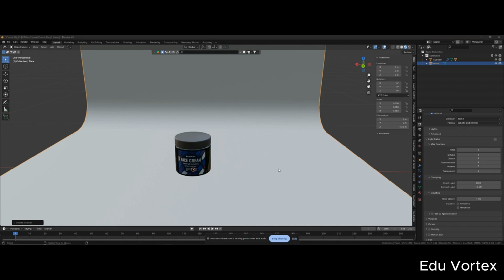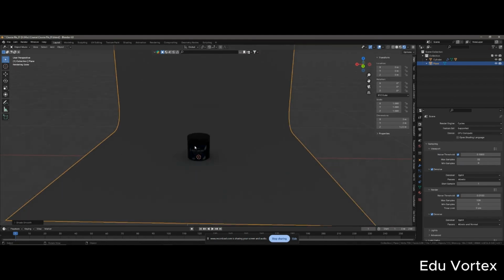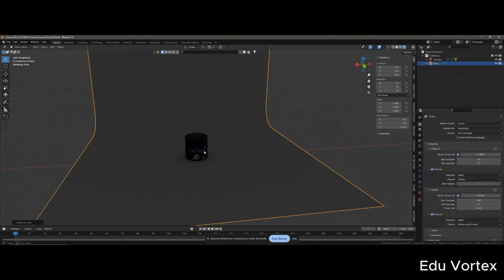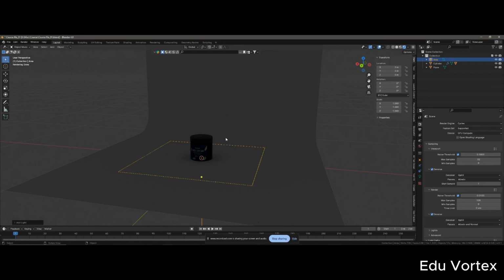Next, we'll start setting up the lights. Before that, you need to make sure that you use these render settings, which will be provided in the description. And once that's set, go to rendered mode. Now it looks something like this because we haven't added any lights yet. So let's start by adding a light. Go to Shift A, then go to light, then click on area light. Now we can see that it's spawned here. Now we need to shift it above. Click on G, click on Z,